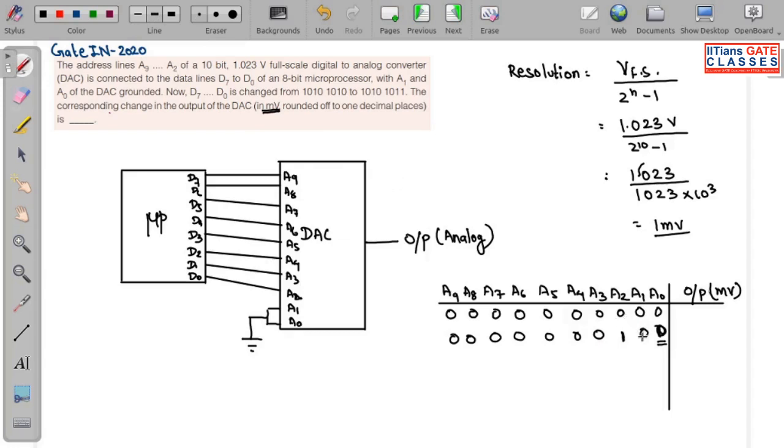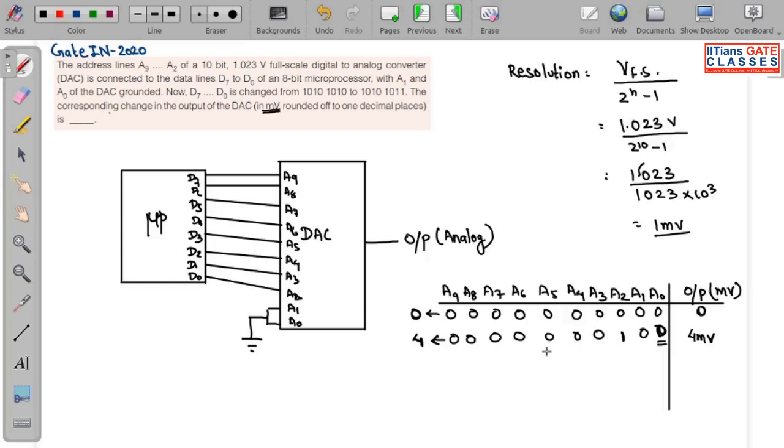So when my A2 changes to 1, this is what? This is decimal 0, and this will be what? This will be 4. Okay. So output for this, if it corresponds to 0 millivolt, and my resolution is 1 millivolt, so for 4 number of step changes, it will be 4 millivolt. Okay. So I can say this is threshold of this DAC. Threshold of this DAC means directly after 0 it will jump to 4 millivolt only. There will not be 2 millivolt, 3 millivolt in between, or 1 millivolt.